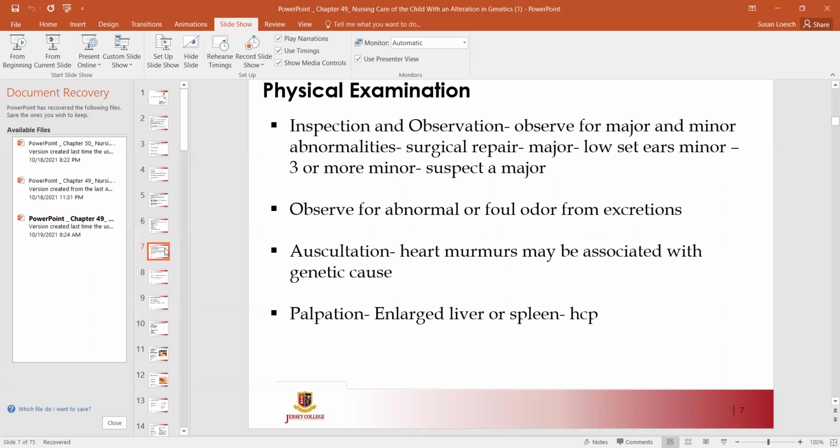A major abnormality might be seen in a client who has an issue with their ears. So low set ears, 3 or more minor issues. Okay. I'm sorry, surgical repair would be a major issue. The low set ears would be a minor issue. So 3 or more minor issues, suspect a major problem. So if you have 3 or more of those minor issues,